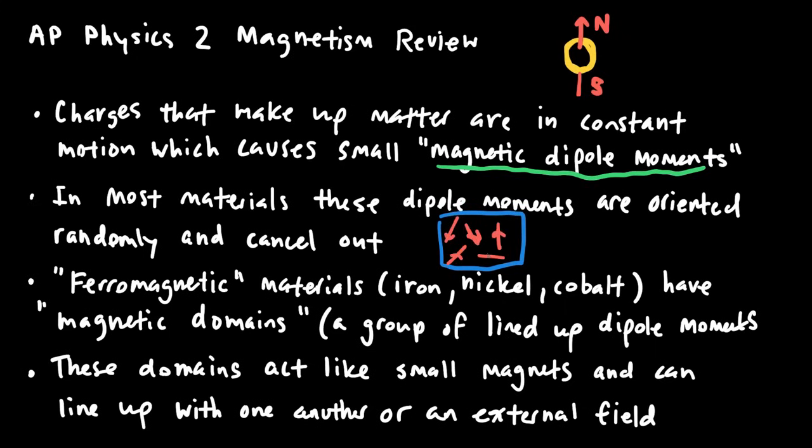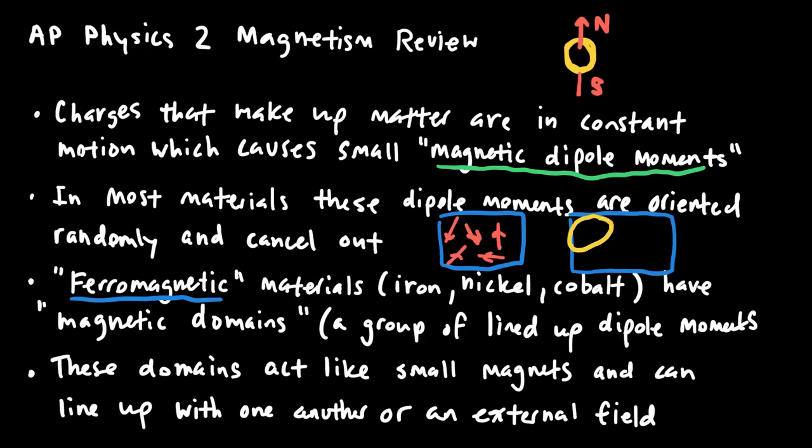And because of the random orientation of those dipole moments, they all sort of cancel out, and none of those small magnetic effects add up to produce anything measurable. And so we say that most materials are not magnetic. But there are some materials that are what we call ferromagnetic materials, and ferromagnetic materials, things like iron and nickel and cobalt, have what we call magnetic domains, and they are places in a material where maybe a section of